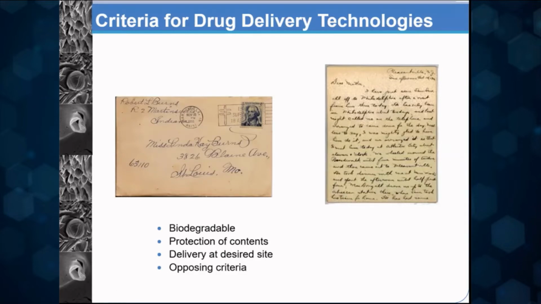Now, while it reaches the site of action, you want to assist this process. How do you assist this process? By designing this envelope. And this envelope is your drug delivery carrier or your biomaterial. Now, the role of this carrier is finished once the letter needs to be read, which means that at the site of action the drug has to come out and the rest of the biomaterial has done its role. And so that's the concept of a biodegradable material.